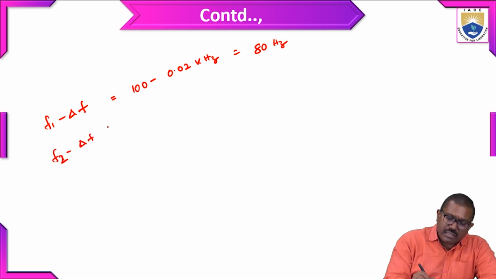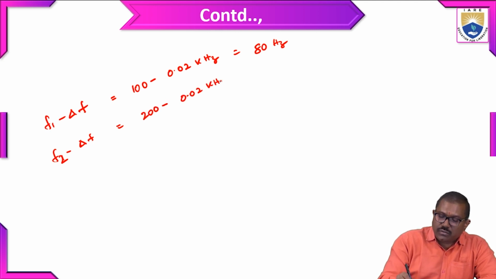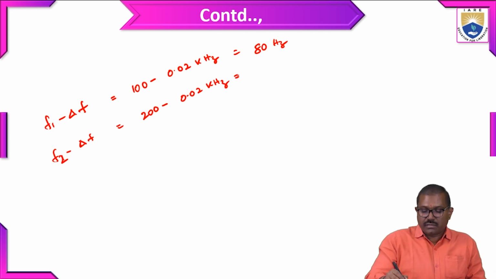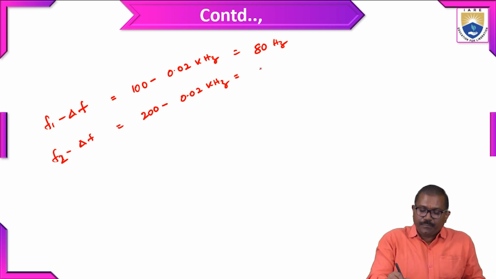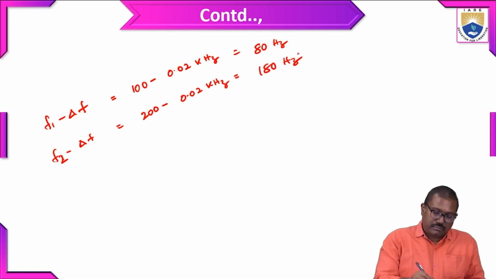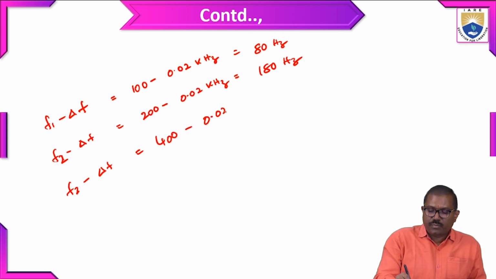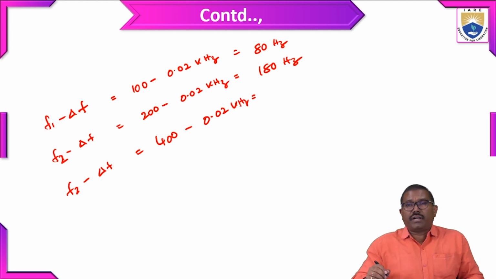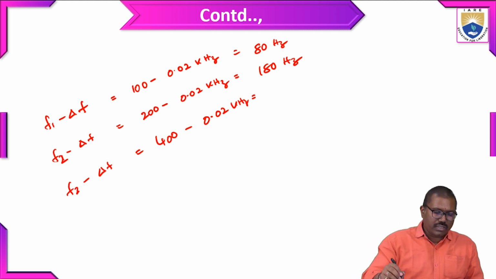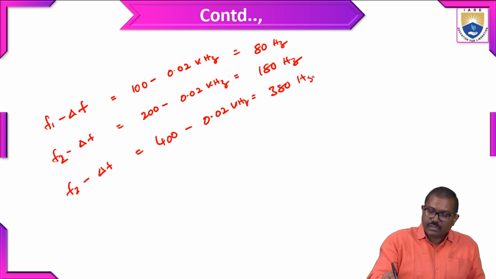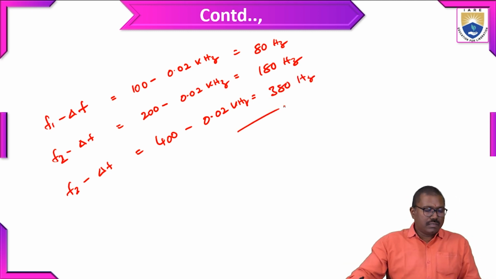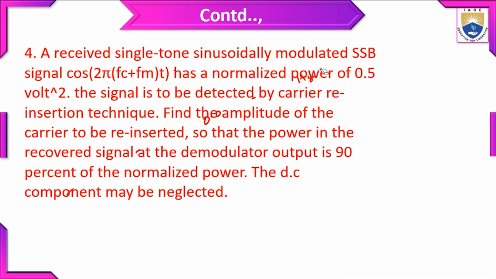F2 minus delta F. F2 is 200 minus 0.02 kilohertz. So what do you get? 200 minus 20, 180 Hz. F3 minus delta F. So F3 is 400 and the deviation is 0.02 kilohertz. Again 400 minus 20, so 380 Hz. Okay, so this is the answer. So the fourth problem is